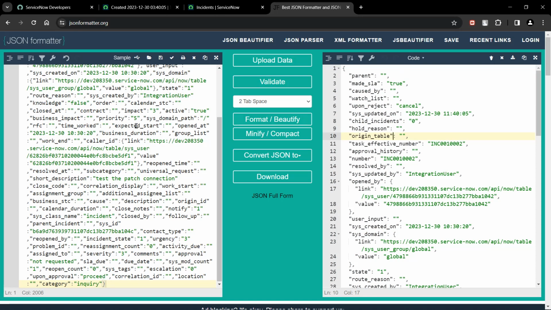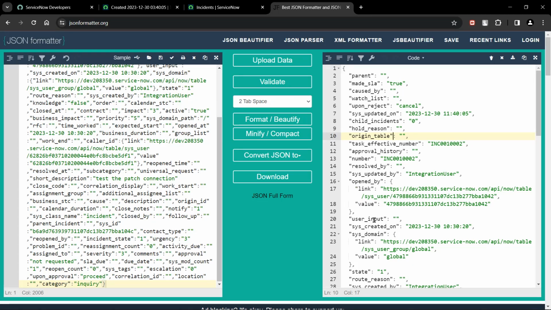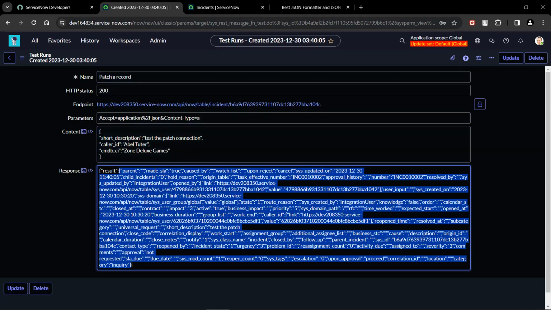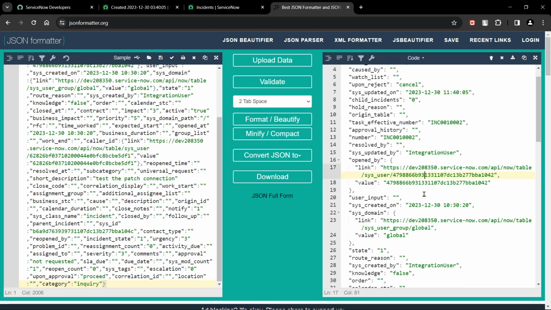See, this is the response. This is the one I copied and placed here in order to analyze. It is telling me this is updated by this user, because I used that user's credentials, and this is the number present on that instance for that record. How will we know it was done for this record? Because I have mentioned one sysID. Based on the sysID, it identified that the sysID belongs to this incident, and I have done the update on this incident. How we can cross check is, see,